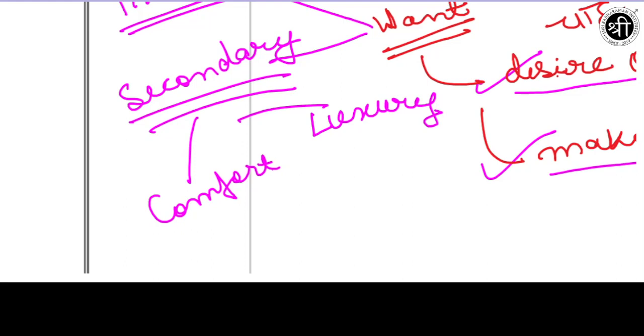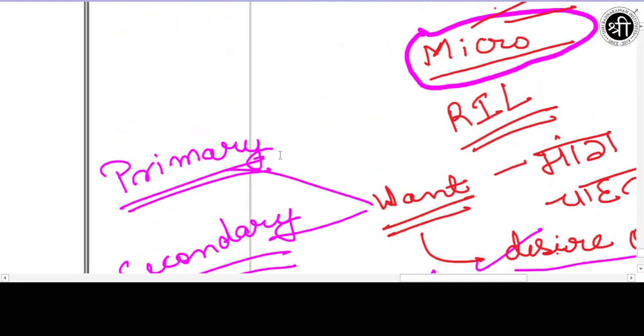But if you talk about luxury, these are not required in your life, you don't need them at all, but still some people want them. Why? Because it satisfies their ego. Like you can go from here to there by using a Tata car or a Maruti Suzuki car, but you want to have a Lamborghini. So what is that? That is a luxury. Okay, so having a Tata car is a comfort, and having a Lamborghini, that is a luxury. Okay, so if we talk about want, then we know what a want is.